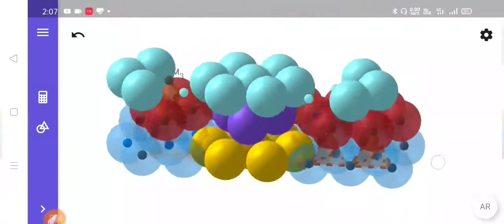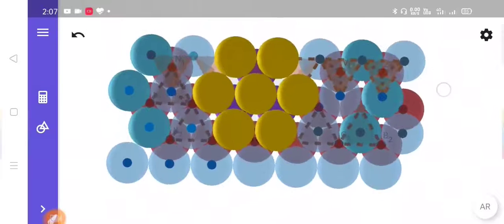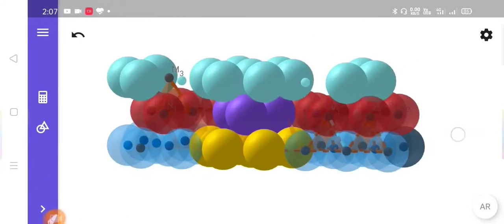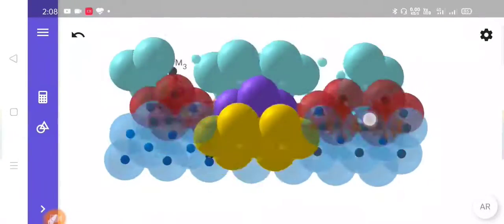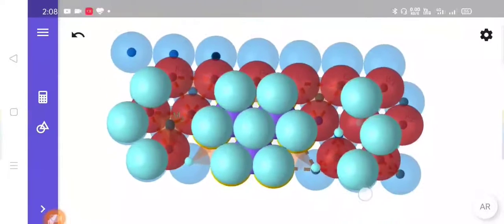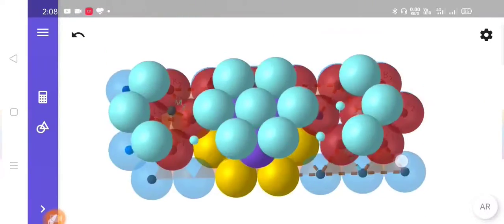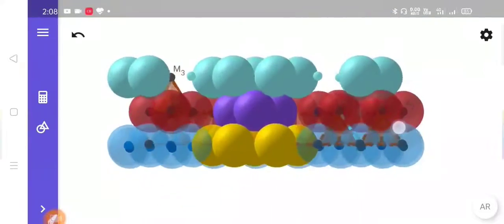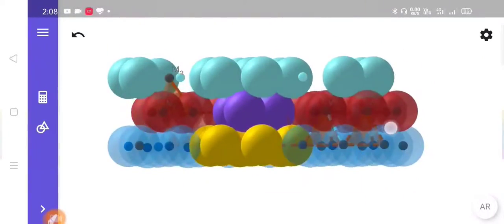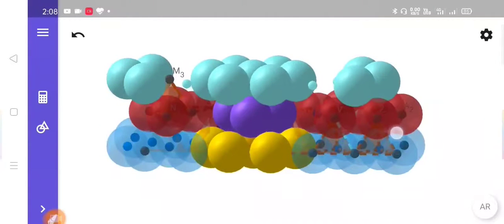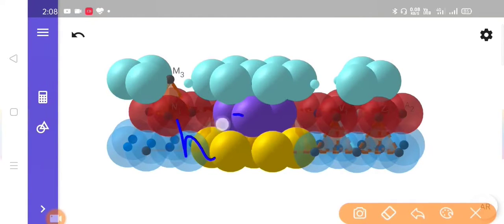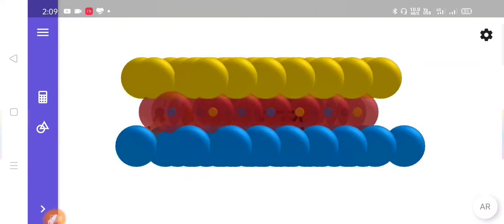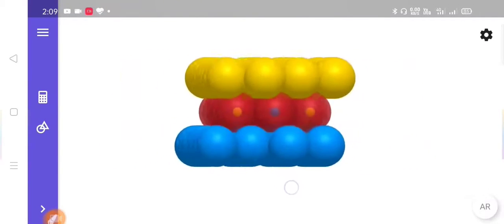So now here we have a unit cell which is a hexagonal unit cell, which you can see in this image. From the topmost layer we have 7 spheres, from the center we have 3 spheres, and from the bottommost layer we have again 7 spheres, which creates a hexagon. So hexagon on the top, triangle at the center, and hexagon on the bottom. So this is our HCP, that means hexagonal close packing, and this is the hexagonal unit cell. Okay. Now let us talk about the second possibility.